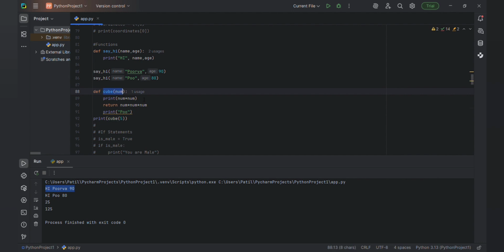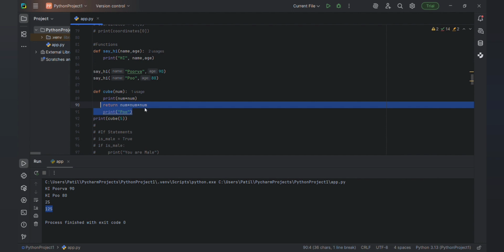The next thing is cube. We are printing the cube. So first the function call will come here, cube, it will go here with 5. This is the argument. It will go here to print. First it will print this, then it will return this, but it will not print this. Return means it will come out of the function. Return is a statement which will come out of the function. Here the last line will not print. It will only print 25, square and cube. It will not print this because after return it will come out of the function.